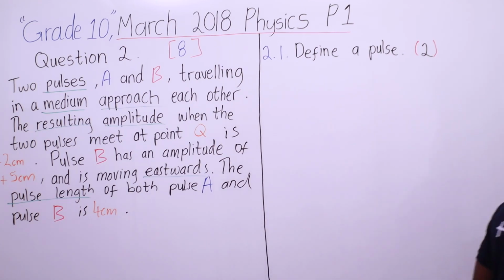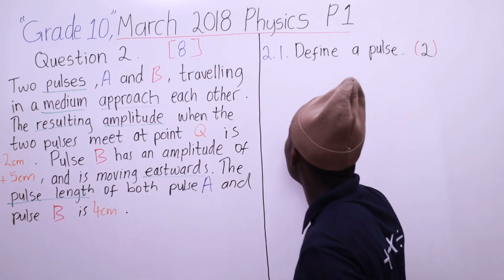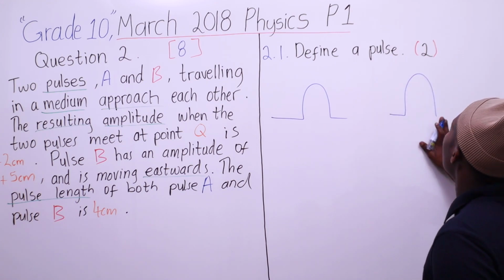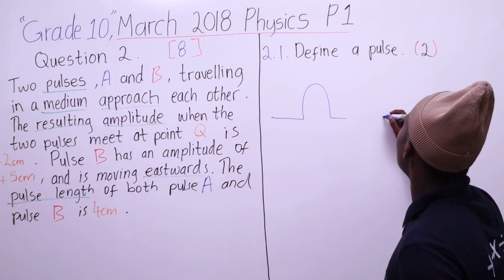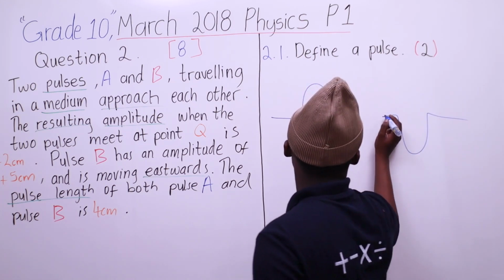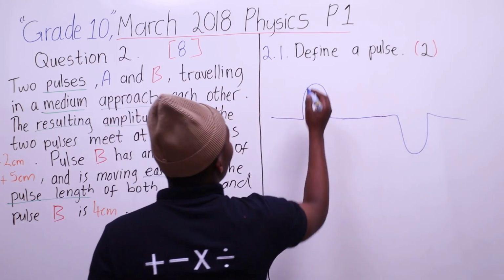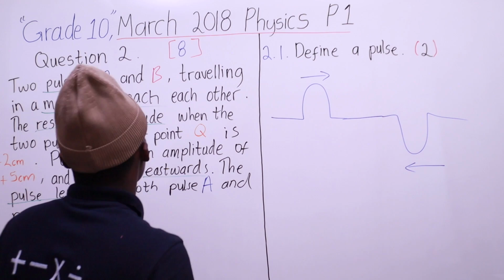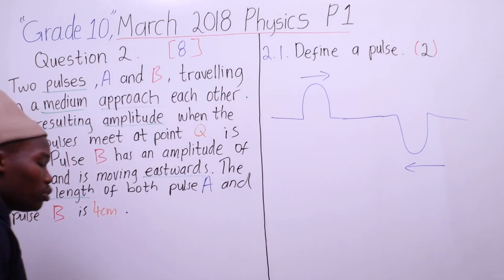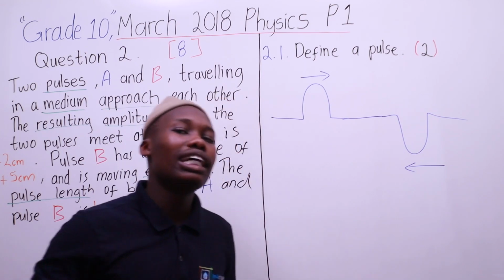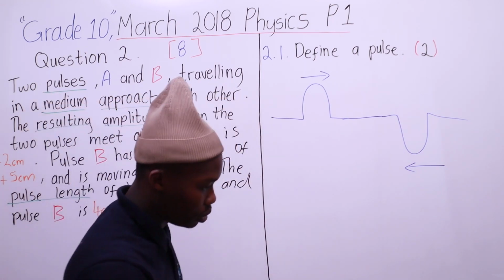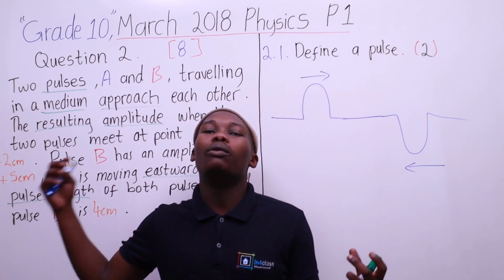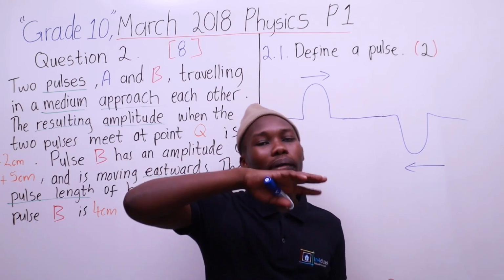So let's try to express this visually before we answer. This one comes this way, that one comes that way, they will meet, as they say. They are approaching each other in a medium. In a medium, we know a medium can be a solid, a liquid, or a gas. Don't forget that. A medium has particles, and when a wave comes, it travels through these particles, and then